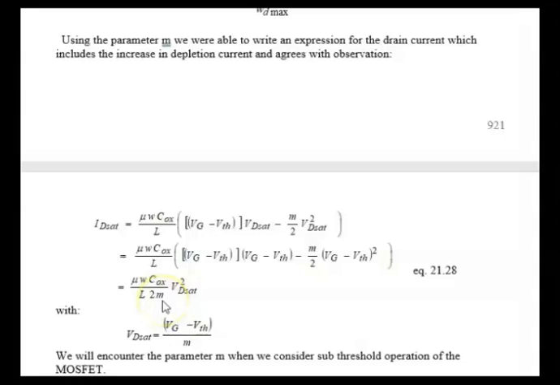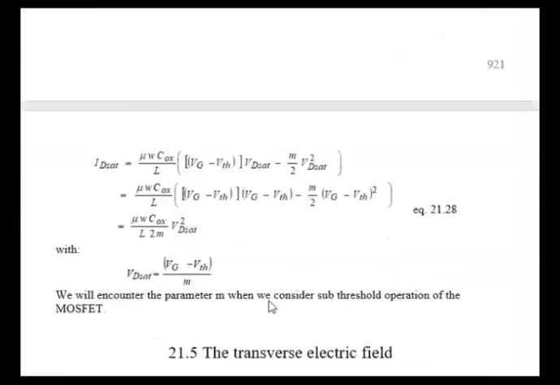And that's basically it. We're going to see m cropping up in other places. Specifically, we're going to see it when we take a look at the sub-threshold operation of a MOSFET. And the reason it appears quite a bit is whenever we have an increase in the depletion region width, we're going to think about m. In the very simple theory, there is no increase in the depletion width at all, and that's why m is just 1. The depletion width is pinned at threshold at its maximum value. That is not true in sub-threshold, and it is not true in the improved theory.